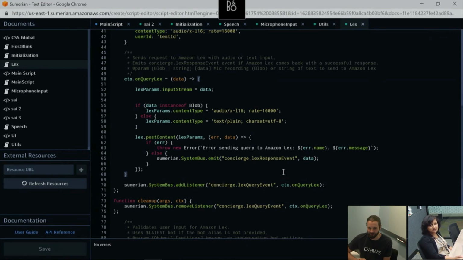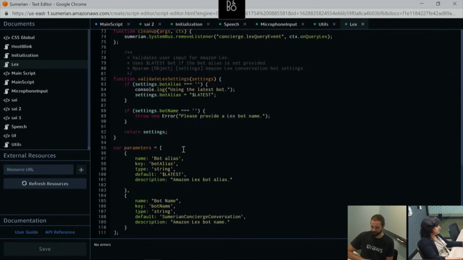Because with a state machine, you can't process it before it presents or before you post. So I'm just using this system bus add listener. People who code will understand it's like creating a listener. It will listen to those events and respond when the event happens. So it's much better control over code. Right, totally. That's true. State machines are great if you're not familiar with how to script, it's a great tool, but it is more limiting. While scripting can be more complicated, it opens more doors. So it's just deciding which path makes more sense. Or you can use both. It's also possible to use both.